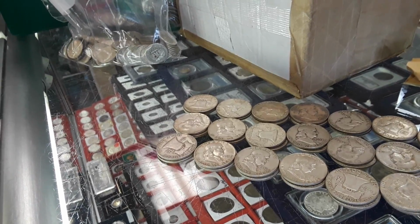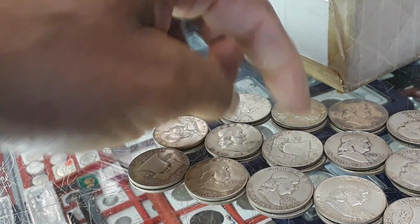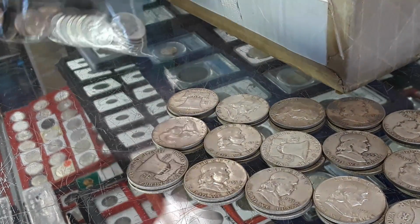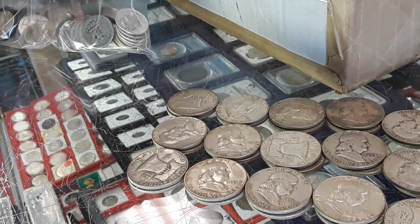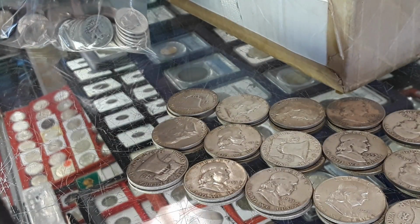So let's get a little closer there. Okay, so let's see what we got. 1, 2, 3, 4, 5, 6, 7, 8, 9, 10, 11, 12, $19 face there. Like I said, I wanted to get some silver dollars. Hopefully, see if he has any silver dollars in here. He does have